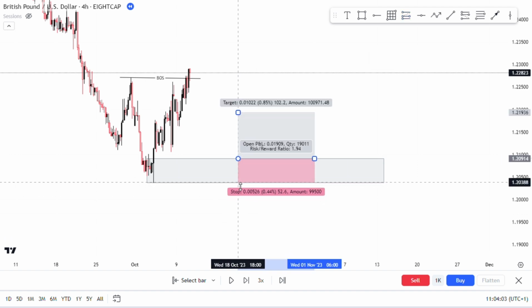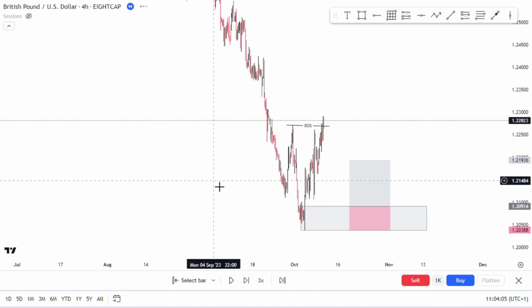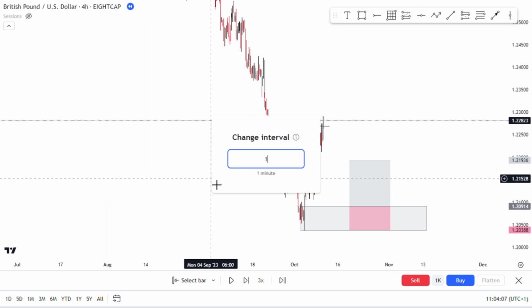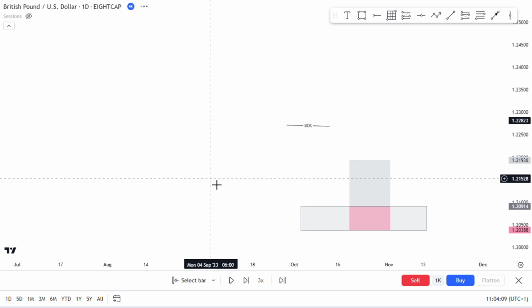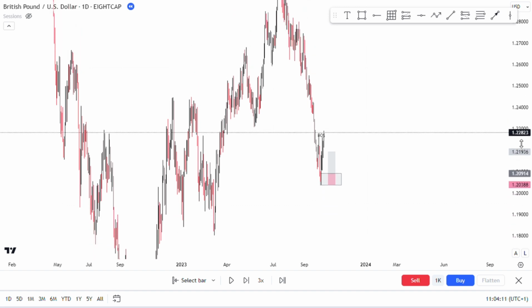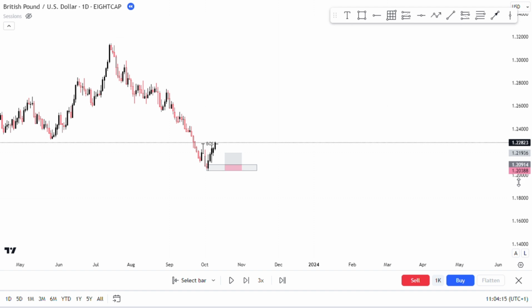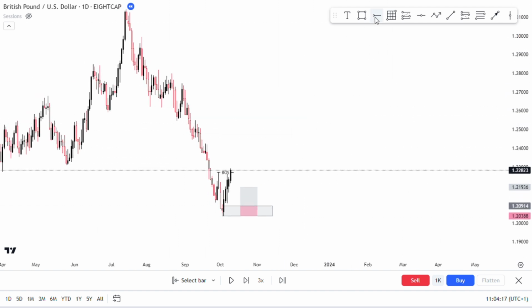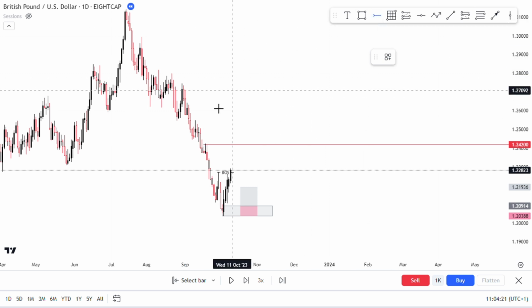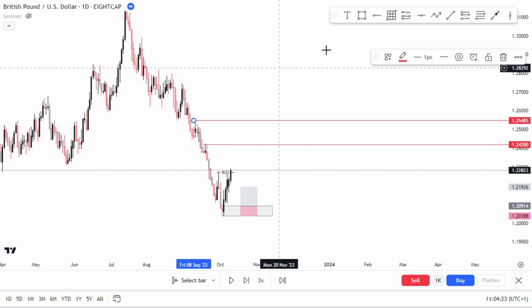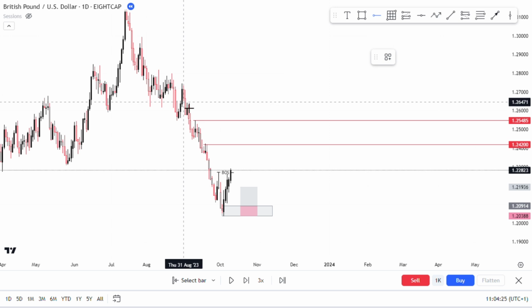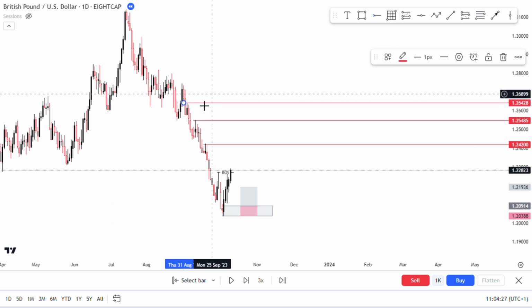So to set our take profits, you have to go back to daily time frame. Let's go back to daily time frame to set our take profit. If you check on daily time frame right now, where are we expecting price to go to? You can see you have a lot of liquidity here that you're expecting price to clear out. We have one liquidity here, another one here, and another one here. So I'm going to be setting our take profit in all this liquidity, because it's just like a